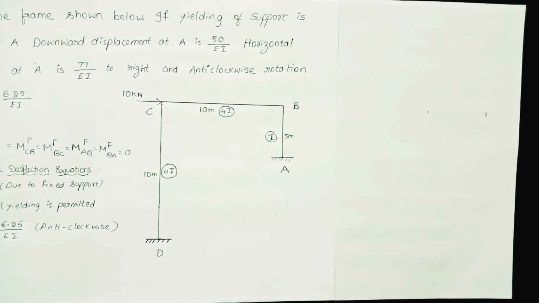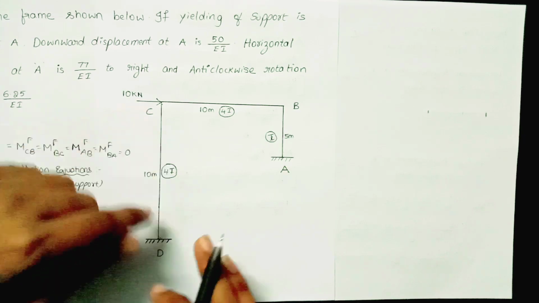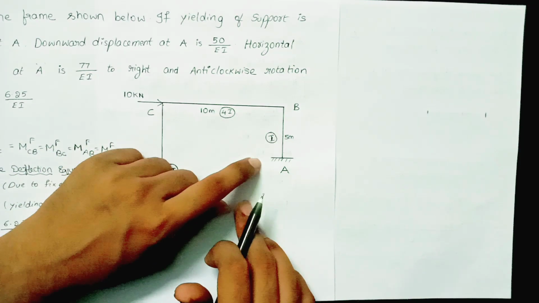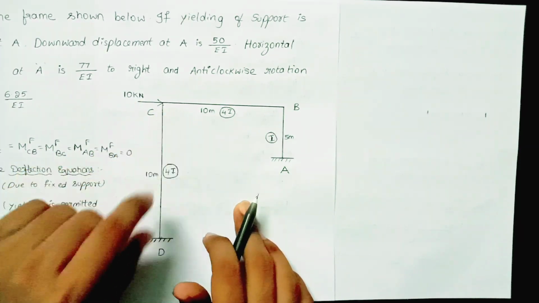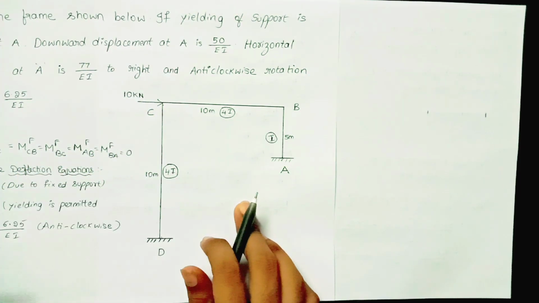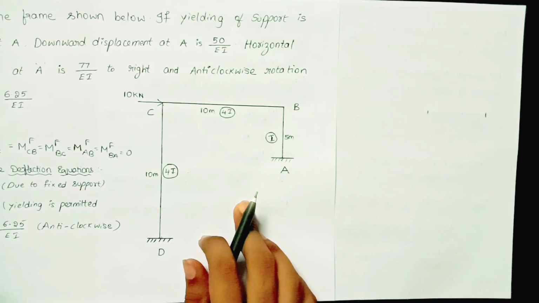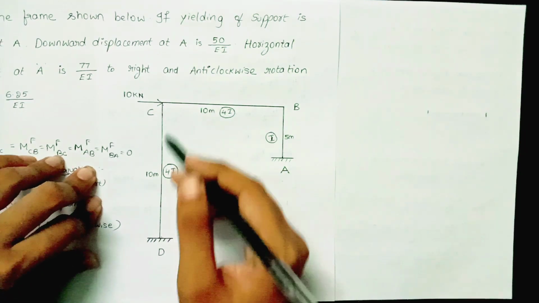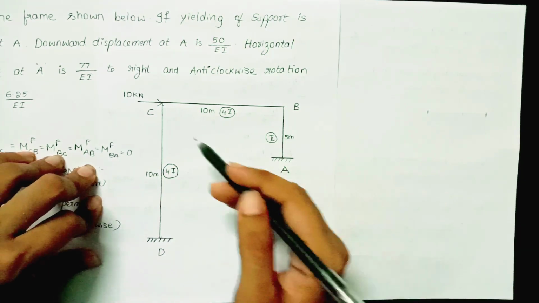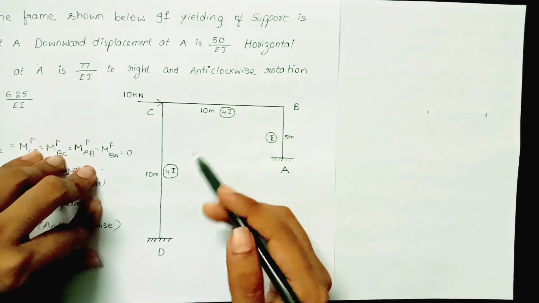The shear condition is mainly applied for the horizontal loads and columns. In this frame, CD and AB are the columns and 10 is the horizontal load. To write the shear equation for any frame, the format of writing is the same. Whatever method I am saying here, follow the same method for any shear equation. Whatever columns we are having here, write the summation of moments divided by total length.